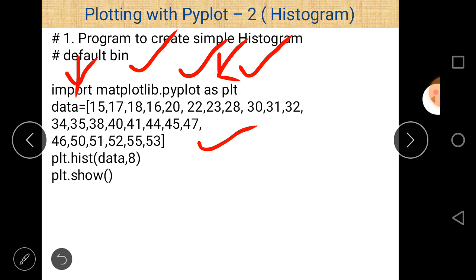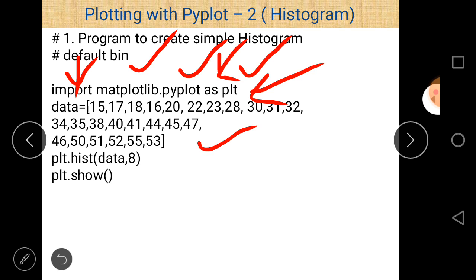Now if you want to create a histogram, just write plt. And why plt? Because plt is an alternative name of matplotlib.pyplot. So if you want to use matplotlib.pyplot, we can just write plt in place of matplotlib.pyplot.